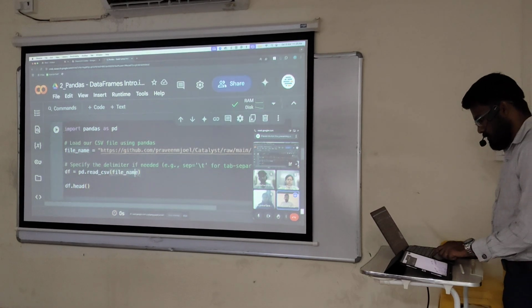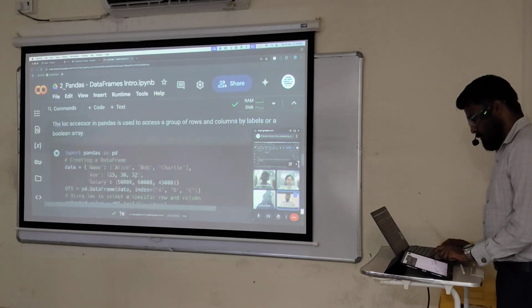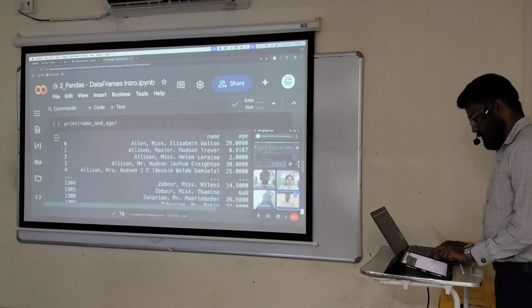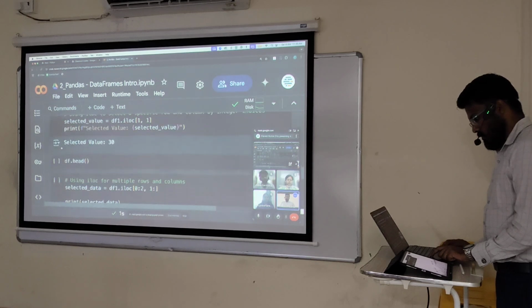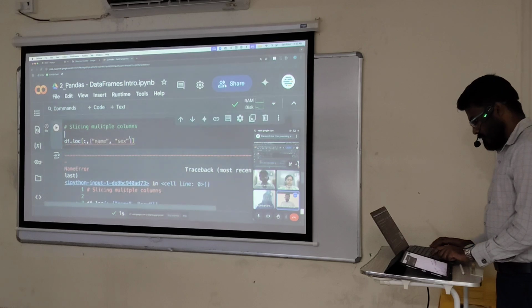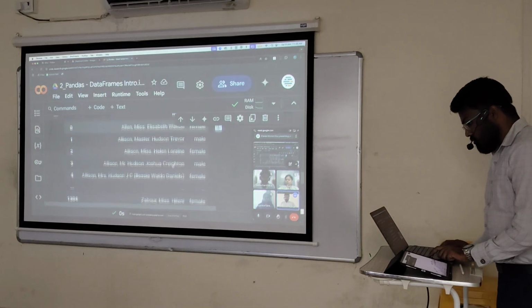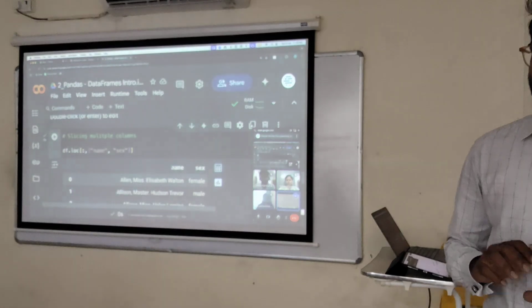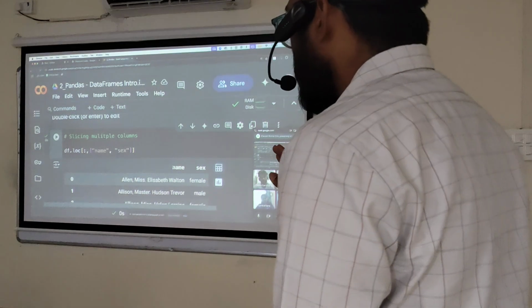Okay, this is how we loaded it. I'm loading it again. Okay, I have loaded. Now, what I have done is, at the end, I am selecting all the rows for